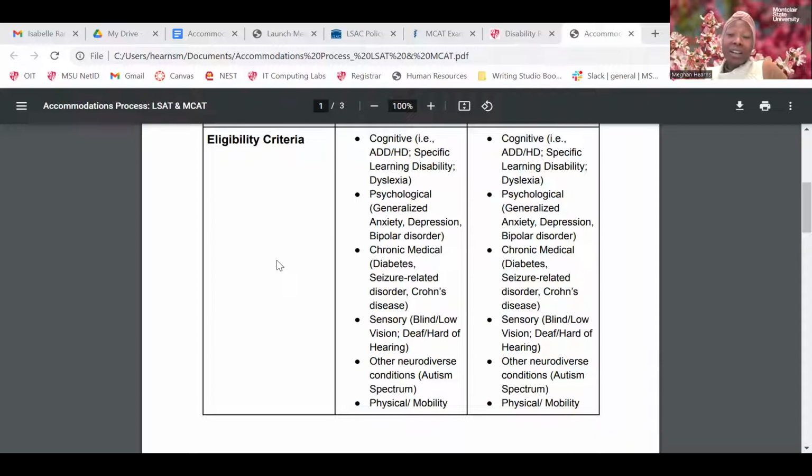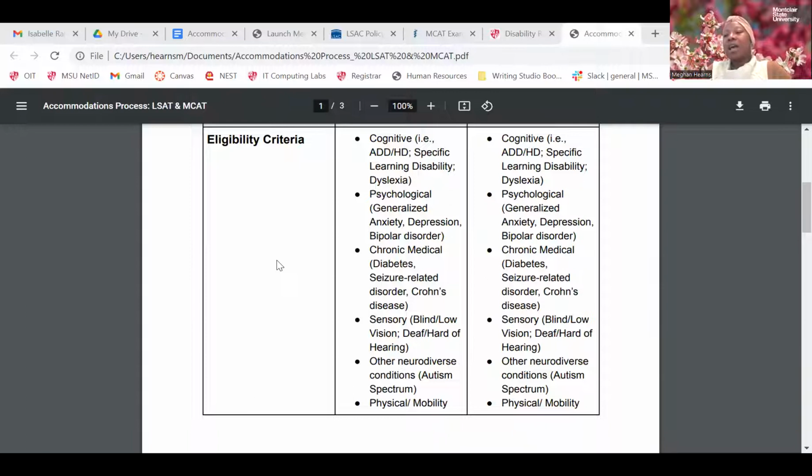So things like cognitive concerns, ADD, ADHD, specific learning disabilities, dyslexia, dysgraphia, also neurological conditions such as concussions and traumatic brain injuries, or TBIs, are considered eligible diagnostic criteria for accommodations on the LSAT or MCAT. Psychological conditions, I didn't list all of them, but psychological conditions, and chronic medical conditions like seizure-related disorders,